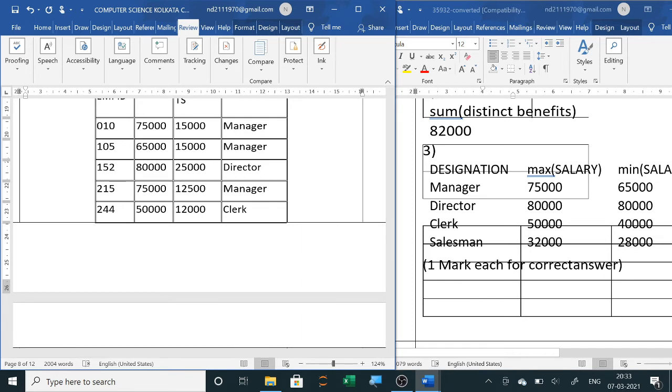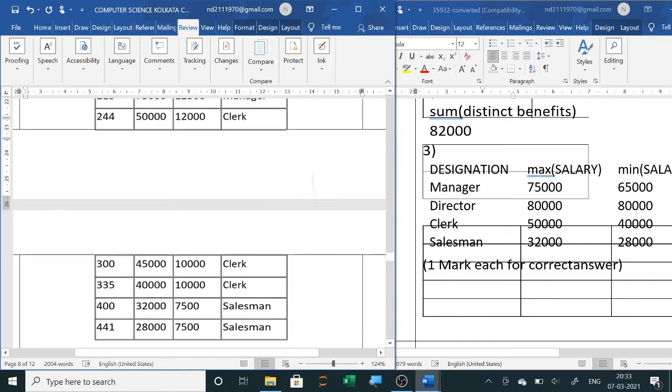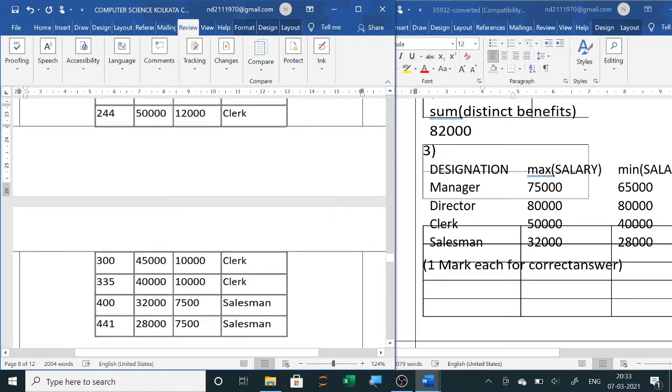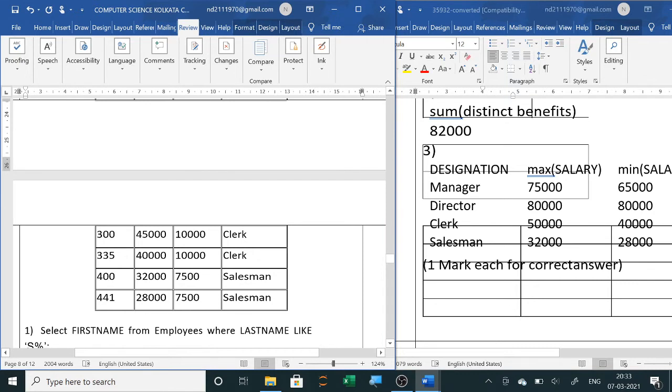The next designation is director. Only one director, so maximum and minimum both will be the same. Next is clerk. You can see 3 clerks are there, so maximum salary is 50,000 and minimum is 40,000. Then salesman, maximum is 32,000 and minimum is 28,000.